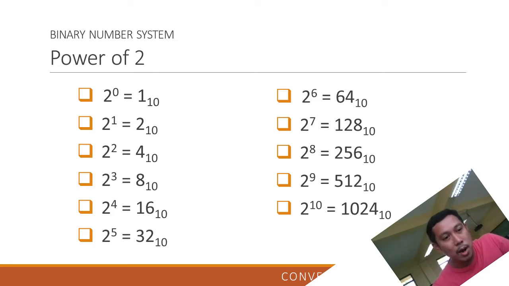So with the next one, 2 to the power of 5 is 32. 2 times 2 times 2 times 2 times 2, that becomes 32. And also, we have 2 to the 6th, which is 64, 2 to the power of 7, which is 128, 2 to the power of 8, that is 256, and 2 to the power of 9, that is 512. And we have also 2 to the power of 10, that is 1024,